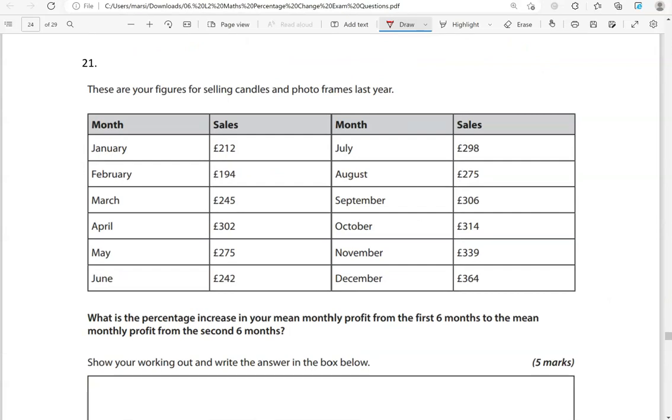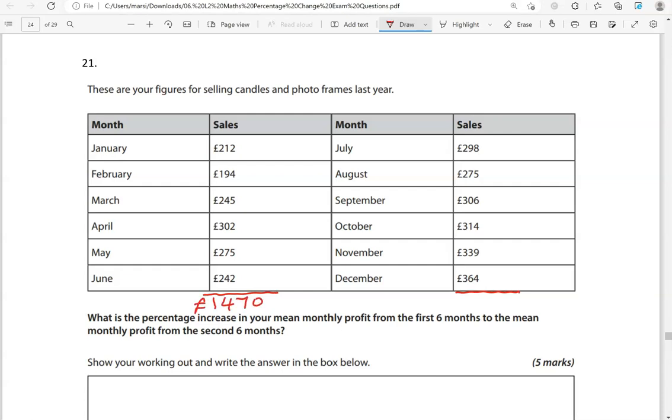These are your figures for selling candles and photo frames last year. We've got month sales from January to December. What is the percentage increase in your mean monthly profit from the first 6 months to the mean monthly profit from the second 6 months? So we're going to focus on these, adding them up and dividing by 6, and then adding these up and dividing by 6. So the total for the first 6 months is